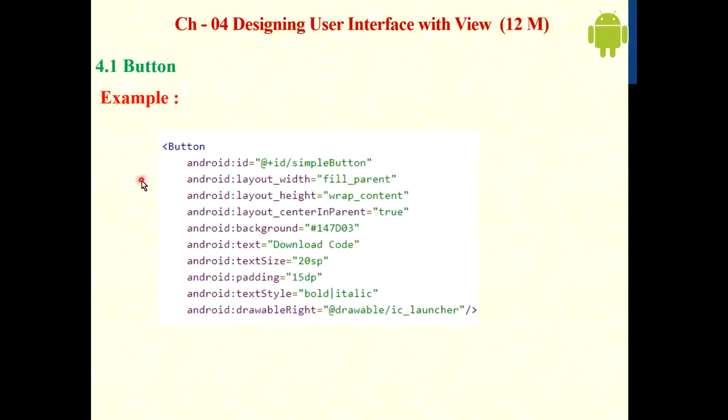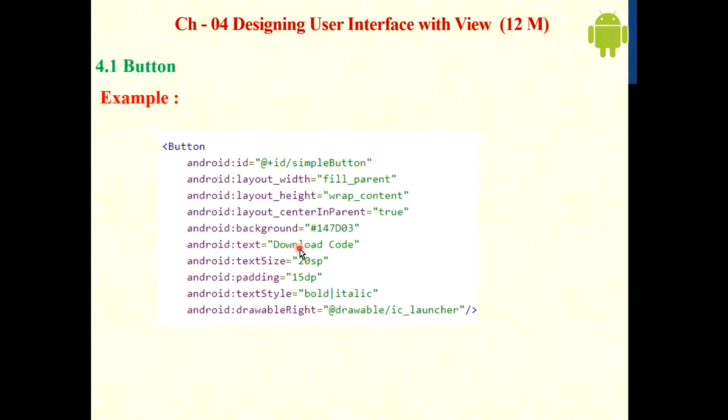Okay, here is one example of button, how we create the button in an XML file. So this is the code to create a button in XML. Okay, so first attribute id, then layout width, layout height, layout centerInParent, background. This attribute is used to set the background color, then text.